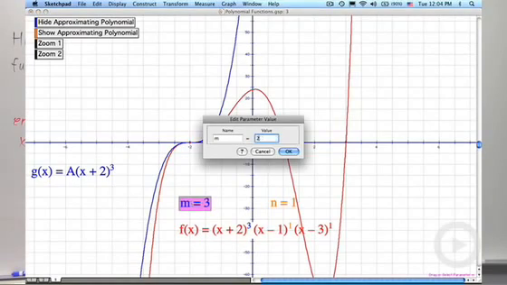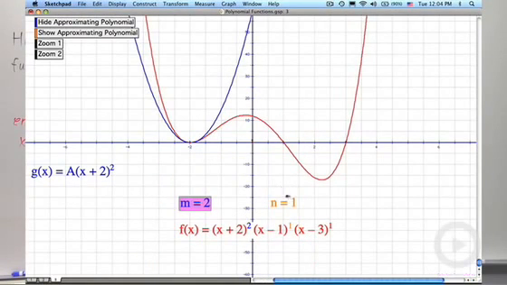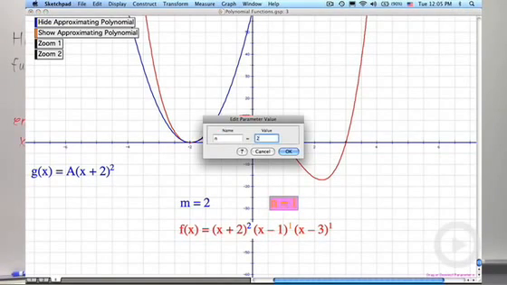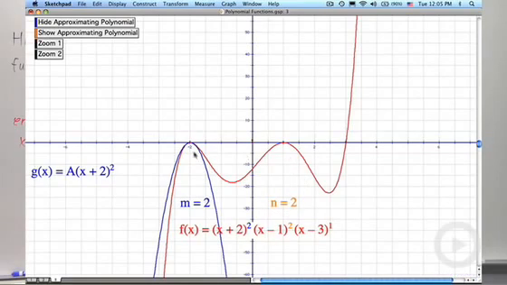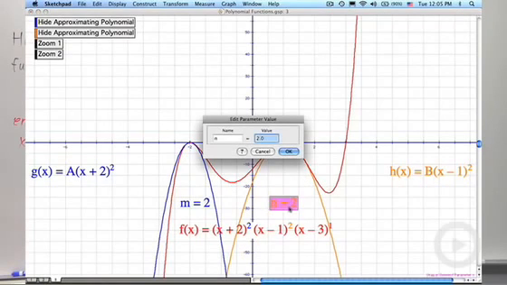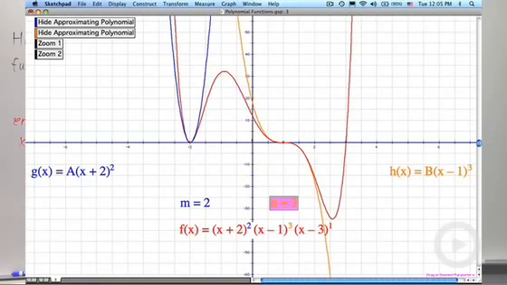All right, let's take it back to 2. Now we can do this with both of these two intercepts. I'm going to take (x - 1)^1 and make it (x - 1)^2. And so now you see that I've got quadratic behavior at both -2 and at 1. Let me show you the approximating polynomial. See, here's a quadratic that approximates the behavior of my now 5th degree polynomial function, right? And I can increase this even more. So what do you